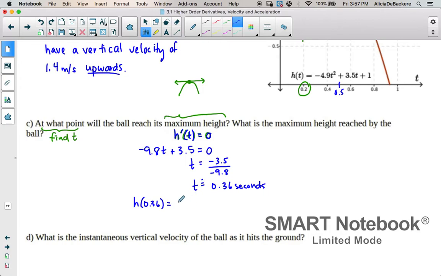So plugging it in to the negative 4.9 t squared. And I'm going to get about 1.63 meters. I kept a few more decimal places here, so my answer might be slightly different. And therefore,